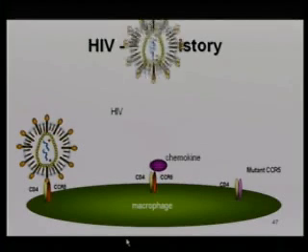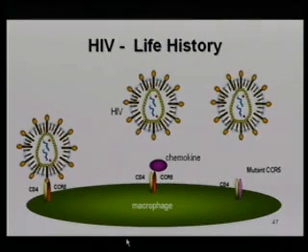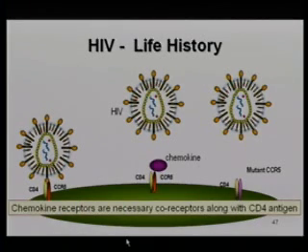And we produce lots and lots of chemokine receptors on our immune cells. One of them is quite interesting, CCR5. So the virus here will bind to a complex. Actually, it binds to CD4, but then to go any further, that CD4 has to associate with this chemokine receptor called CCR5. Chemokines, of course, will bind to this, and when you've got a mutant chemokine receptor, which is rather interesting, even though you've got wild-type CD4, you don't get infected. So chemokine receptors are necessary cofactors along with CD4 antigen in the binding and internalization and infection by HIV of a CD4 positive cell.